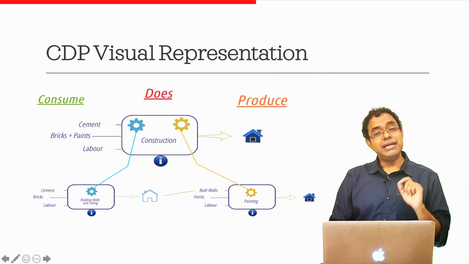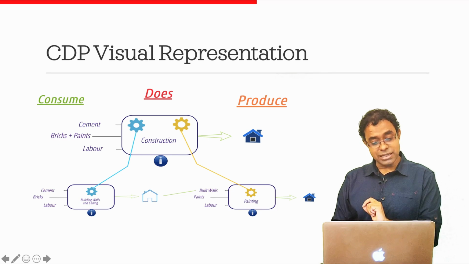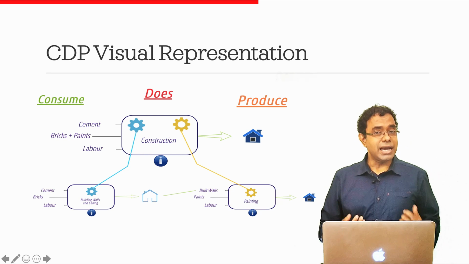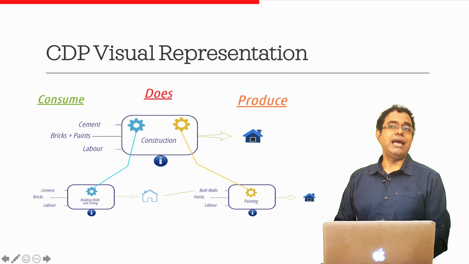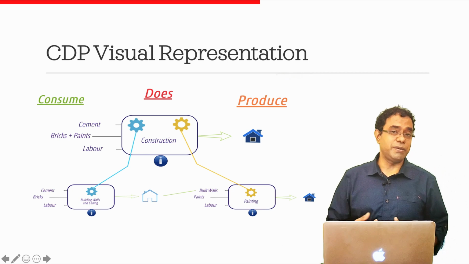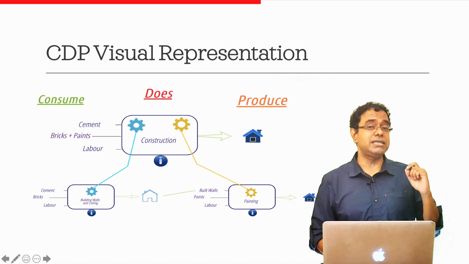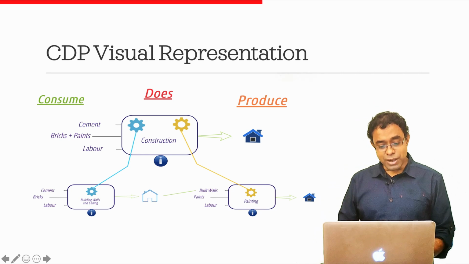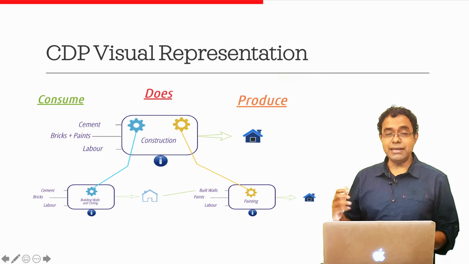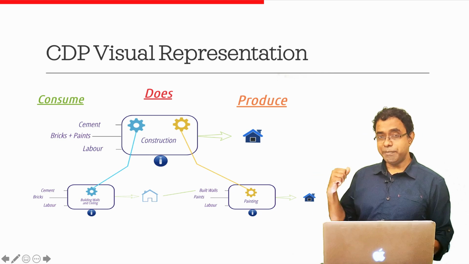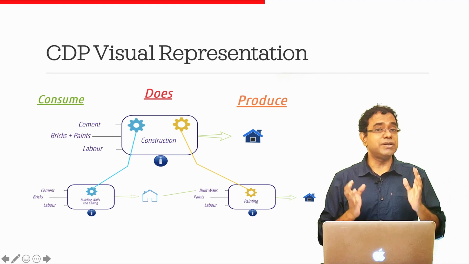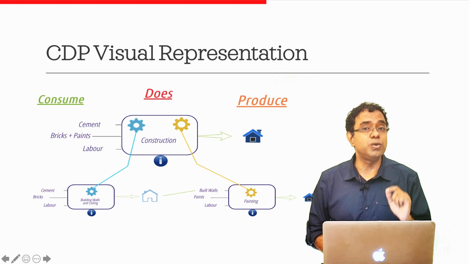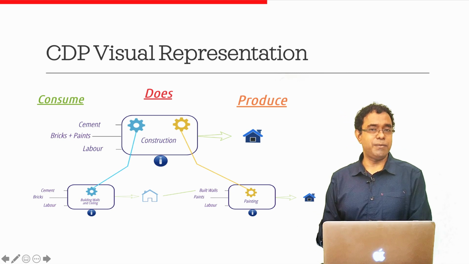The painting work takes the house, the built walls, as an input, and paints and labor and generates the whole house. Again, show it to someone and try to ask what this requirement is trying to achieve, what this requirement is trying to do. I'm damn sure that people will be able to understand. Now look at this. Building wall and ceiling requirement can be done by a different team. Painting can be done by a totally different team, because things are very, very clear, right? What is being needed to do what you want to do and what it will produce.